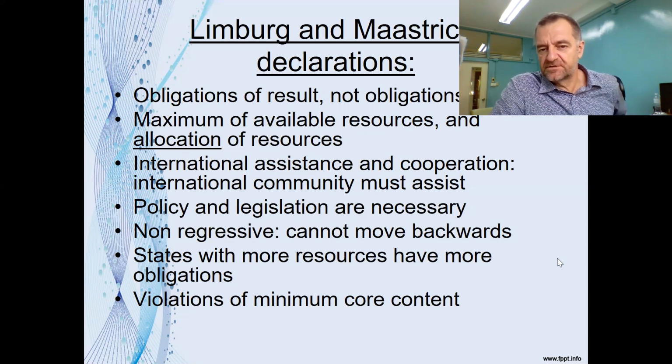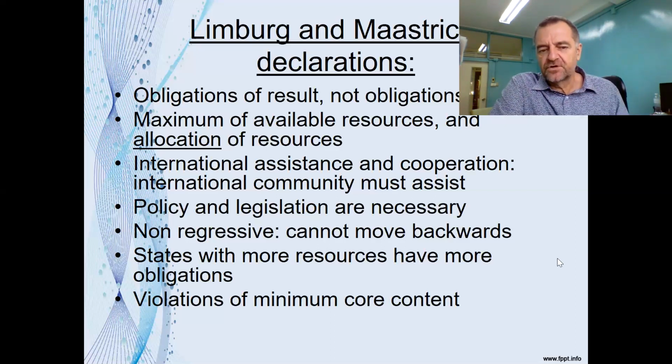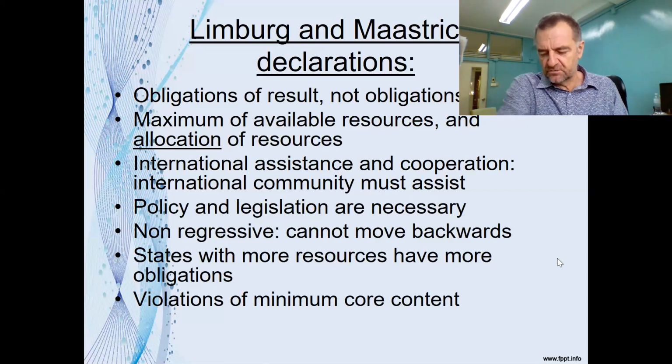Okay, there are elements, as you mentioned before, about the use of international assistance. It is important that policy and legislation are necessary. You can't just end homelessness without having a policy on it. There must be clear standards there, and in a sense it's like a rule of law. It must be written down where the state is going to commit to certain standards and certain procedures in terms of realising these rights. The element of non-regression is important, that you can't regress. So there can't be more homeless people or fewer kids educated. It always must be working towards some kind of goals. So there is a violation when the states regress in terms of those numbers.